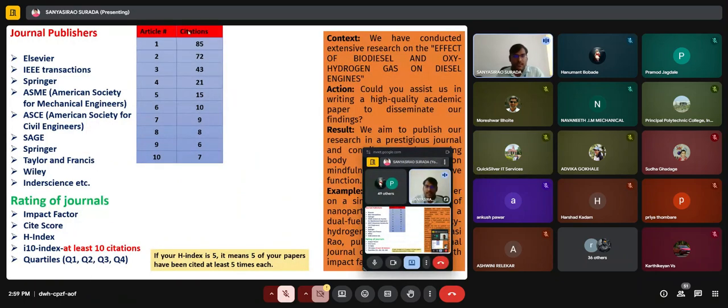See here, let us take 10 articles, and these are the different citations. For example, article 1 got 85 citations, article 2 got 72,